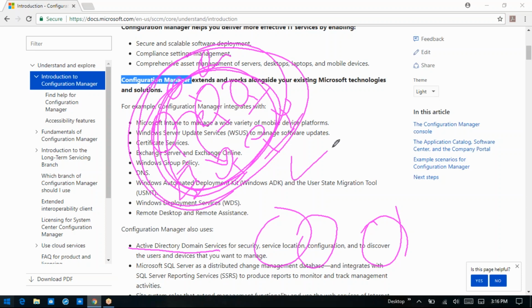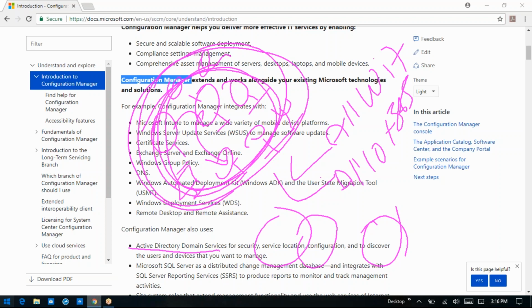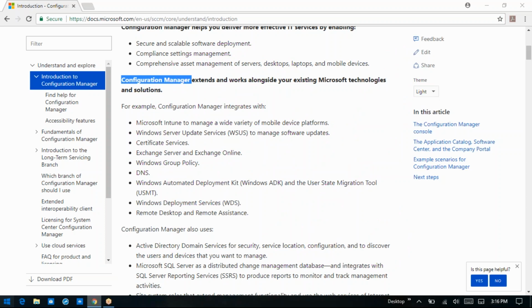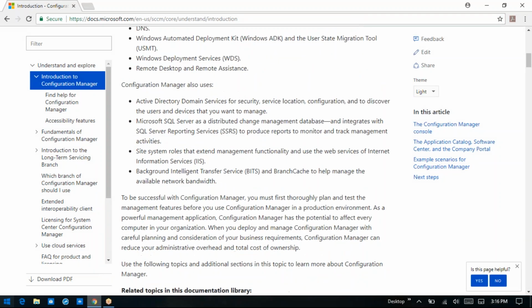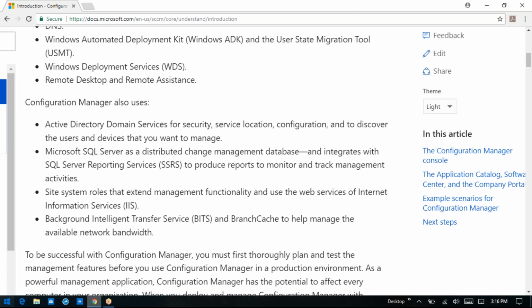At a later point, you can create multiple collections, for example, all machines with Windows 7. Or maybe all machines that already have Windows 10 and have Office 365 installed, I can create a different collection so that I can view all the machines with Windows 10 and Office 365 configuration. Okay, so that's about the co-location of